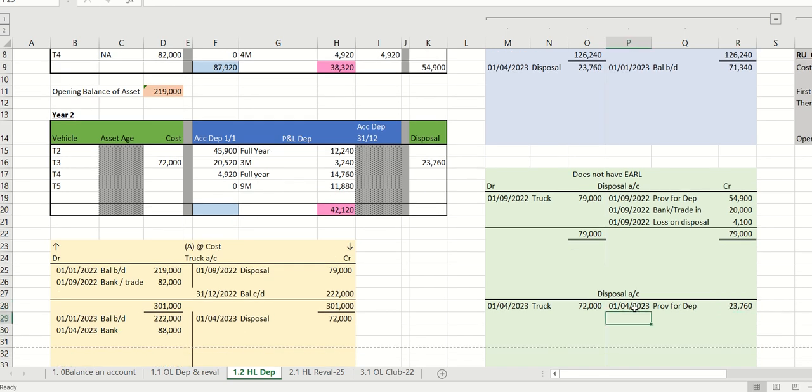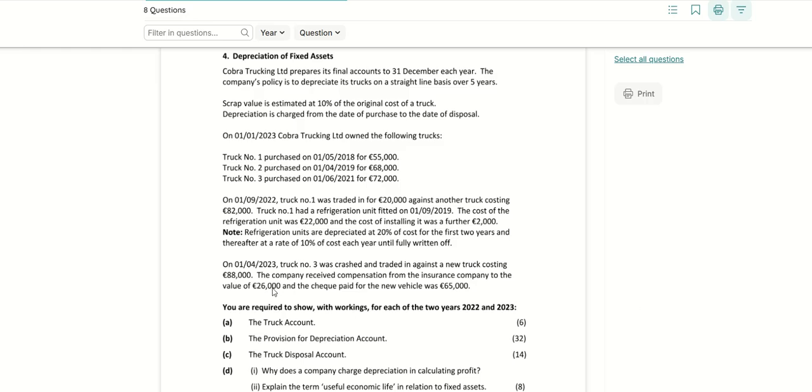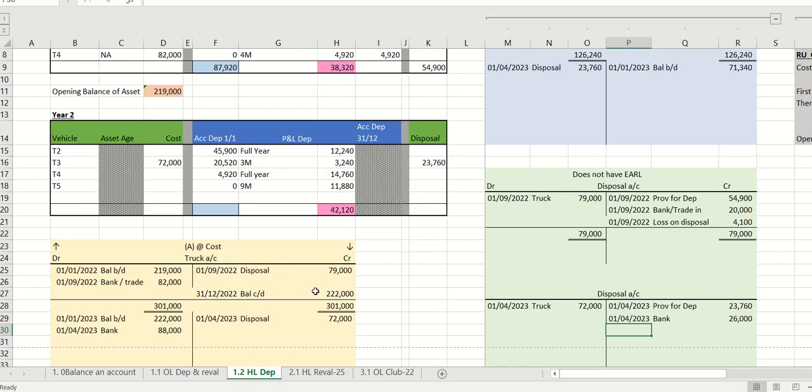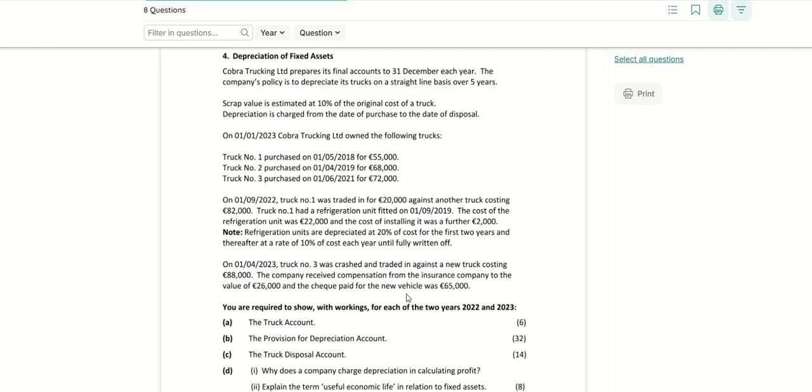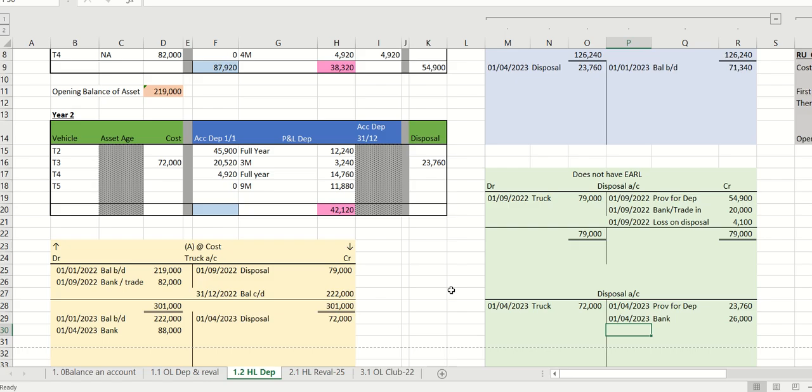We got compensation, so bank of 26,000. And the second part is we got a trade-in allowance or a discount on the new truck. So the new truck should have cost 88,000, but we only paid 65,000. So it's going to be the difference between that. So 88,000 minus 65,000. So we got a trade-in allowance. So we're going to say truck trade-in of 23 grand,